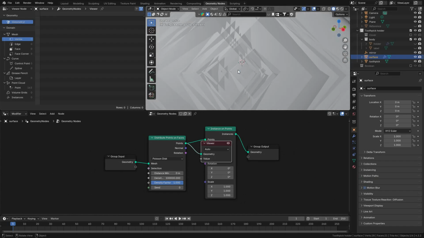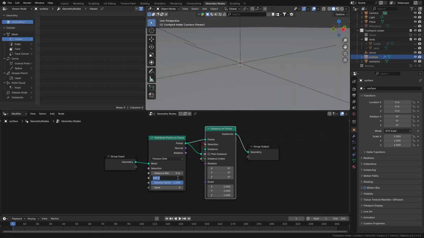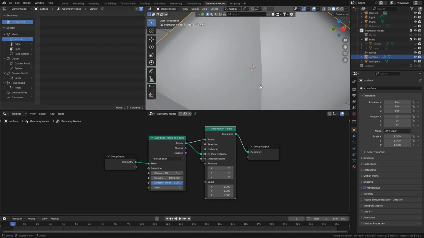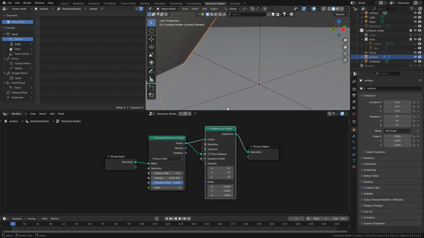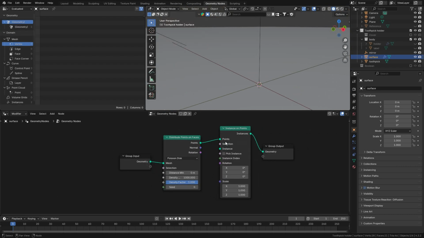Then boom, we see our points. You see it's a lot. You can reduce it to maybe 100, maybe 1000, just ever so slightly. At first, they are big because it's the default size for points in Blender, which is really huge. But since we don't want this,